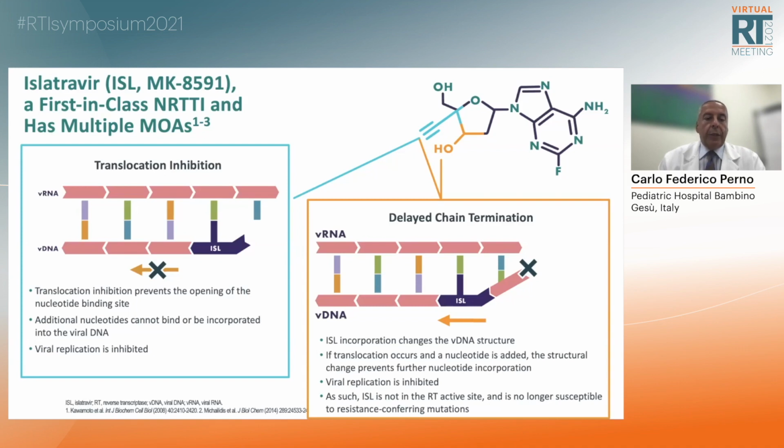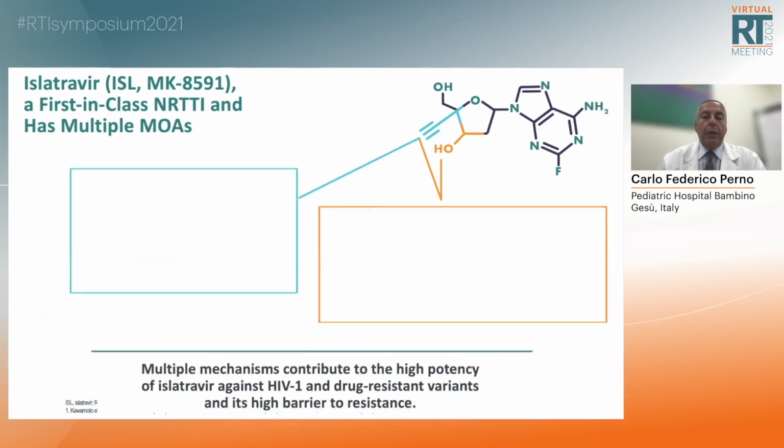So we have a translocation inhibitor, you can see on the left panel, and we have a delayed chain termination that, even if translocation occurs under the pressure of islatravir, still you have the chain termination. Therefore, this dual mechanism of action allows this kind of drug to be really potent, even at very, very low